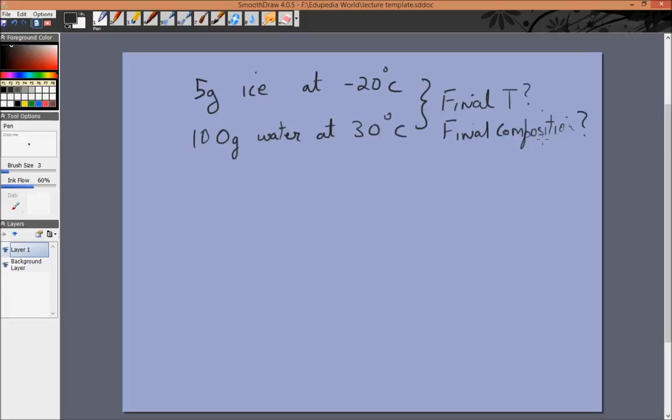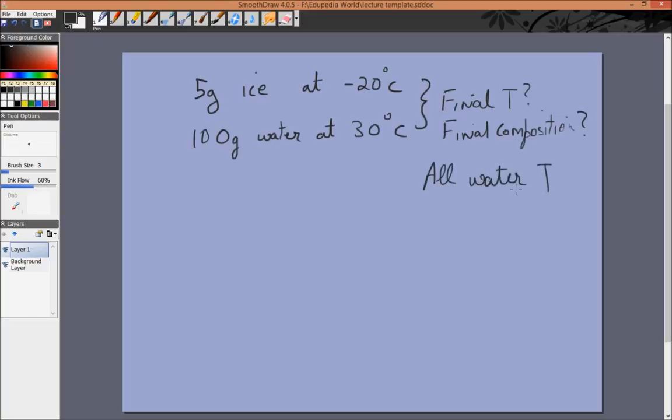Right, we don't know. So first we find the temperature and then we find the composition. There are many ways to do it. First I'm going to show you the regular way, then I'm going to show you my method, which I feel is slightly quicker. So the regular way would be, we assume that the final composition is all water